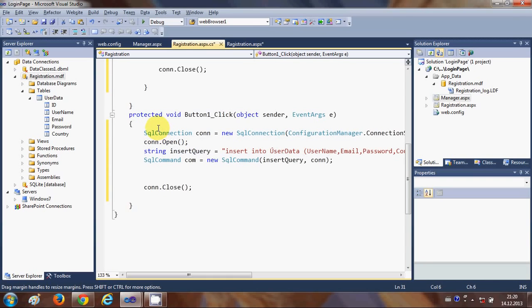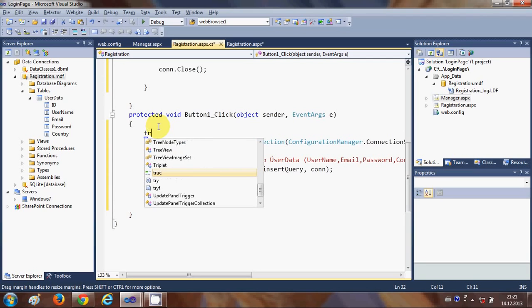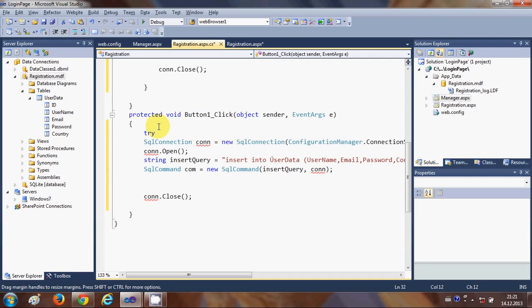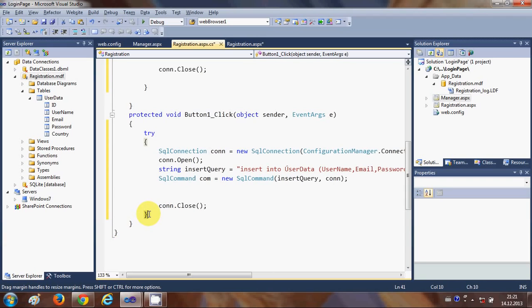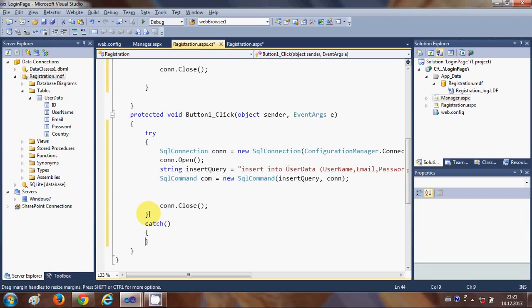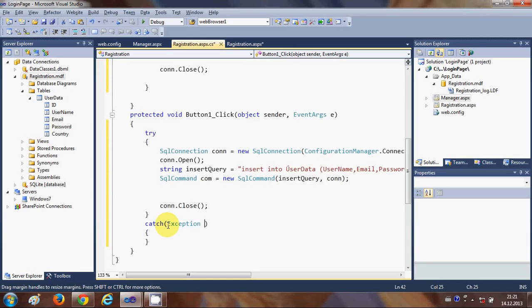And after this, or I should have done it earlier, we need to try and catch the error or exception if any occurs. So we will write try, and we will enclose all the code in try and catch the exception. So if any exception occurs, it should catch it, catch, and in the catch pass the argument exception ex,